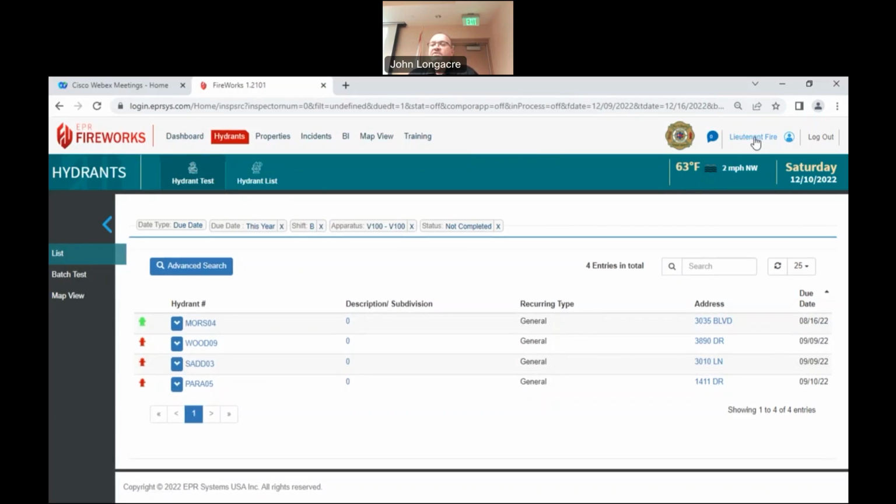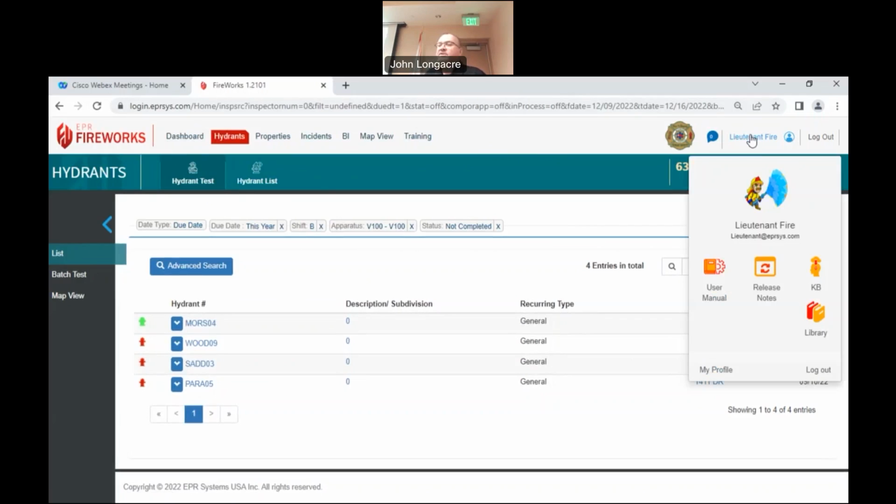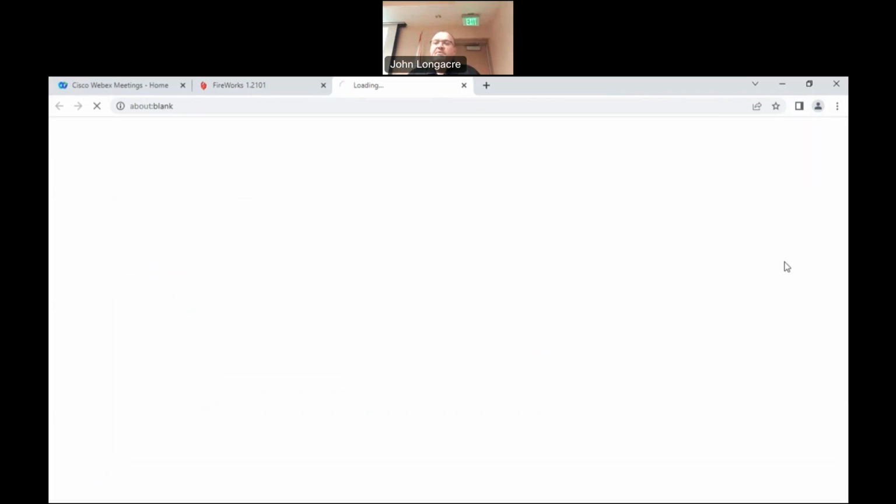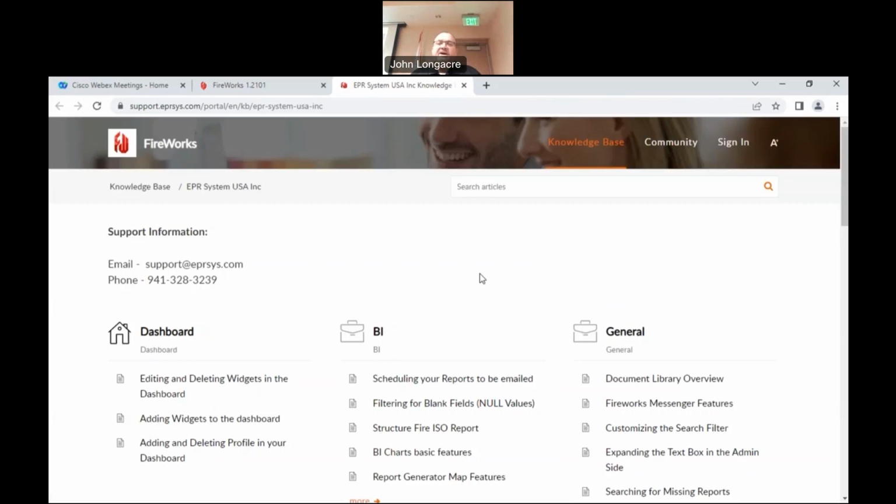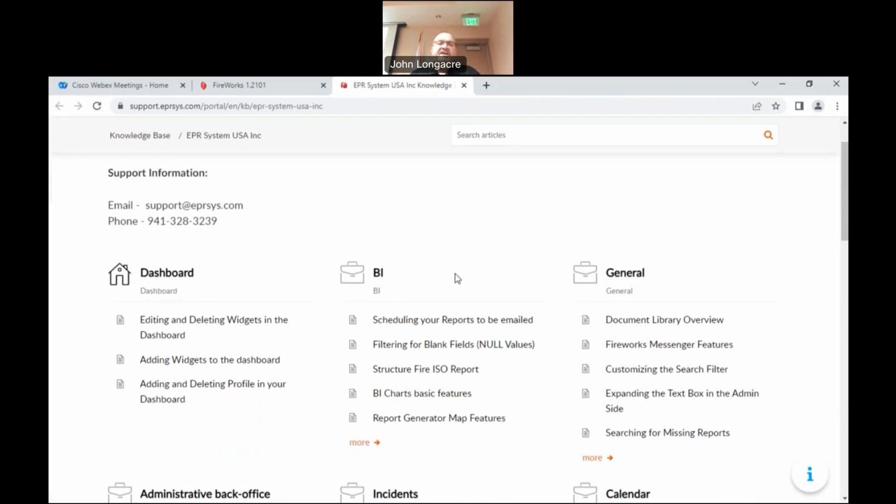Under your name, if you click on your name, you'll notice that there'll be some features that pop up. The features that pop up are access to a user manual, release notes, and a knowledge base. And looking at these, if I would go to the knowledge base and I wanted to find out any information about a certain process, you'll notice that